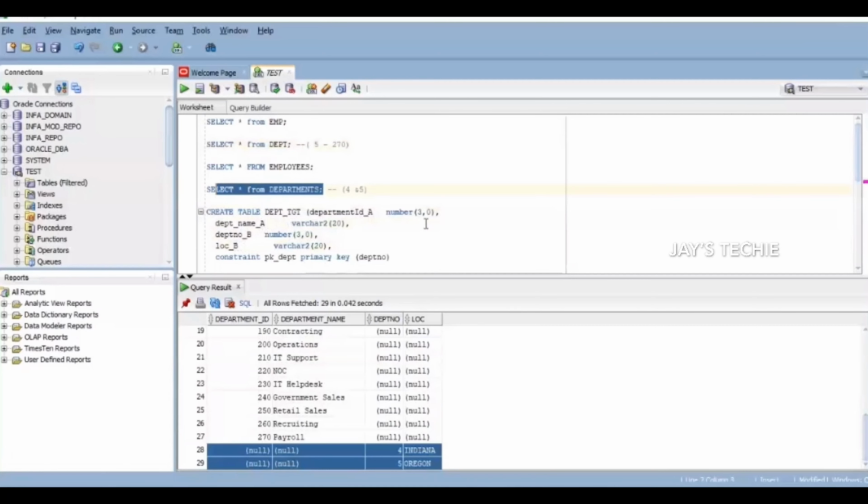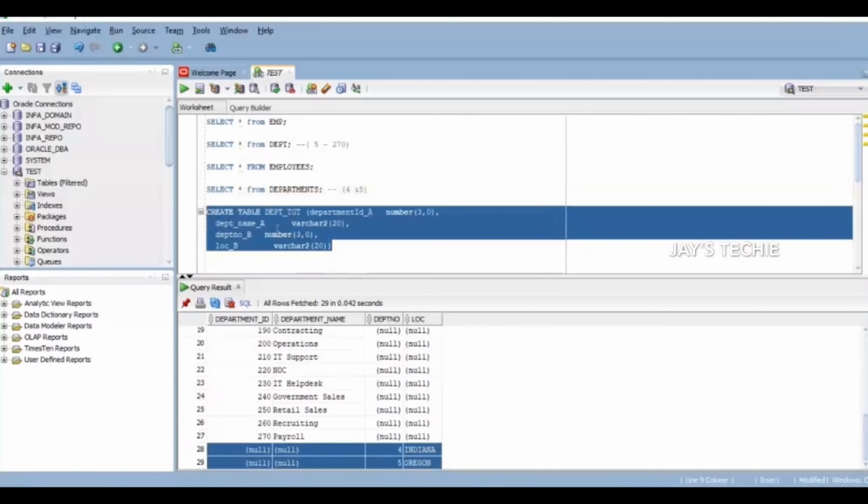Now let us create a primary key on department ID. Okay, so I don't want to create a primary key, let's do it without one. I'm creating the 4 columns. We can add columns if required in future.